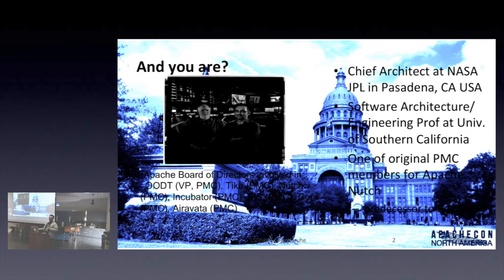Something called SMAP, the Soil Moisture Active Passive mission, and the NPP, the NPOESS Preparatory Project, the National Polar-orbiting Operational Environmental Satellite System, and things like that are all running ground data systems largely built on the technologies and capacities that I helped to think about and was part of the team that developed, which had a lot of influence from Apache technologies like Nutch and eventually what became Hadoop, and also eventually what became Tika.